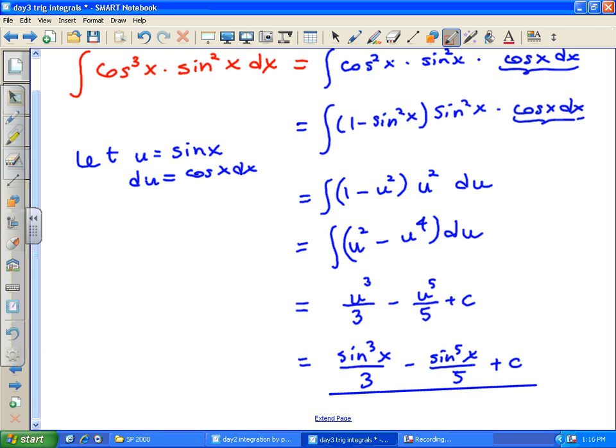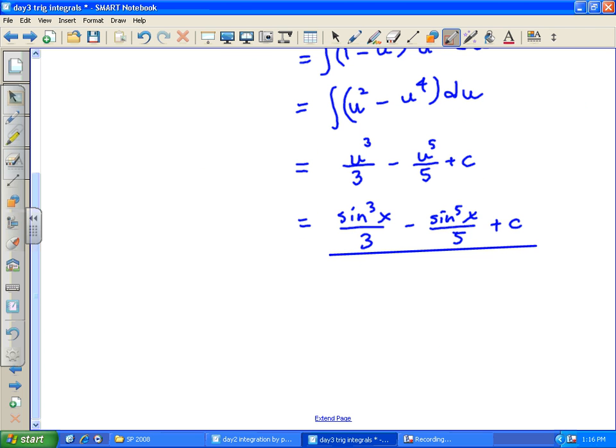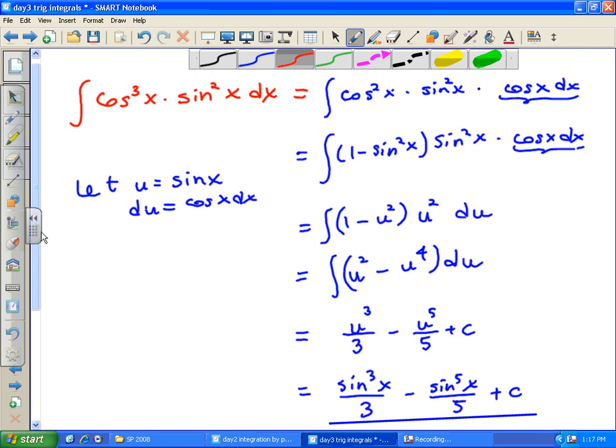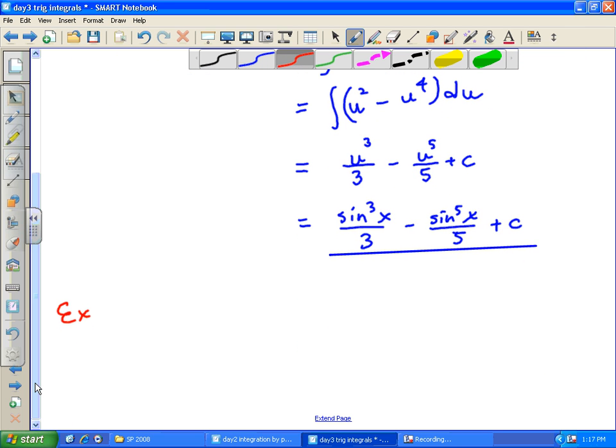Okay, another one with sines and cosines, and then we're going to look at secants and tangent combinations. Let's take a look at this example. That's the next one. Let's see, do we have a number? Don't remember. So let's just say another example. We're going to integrate